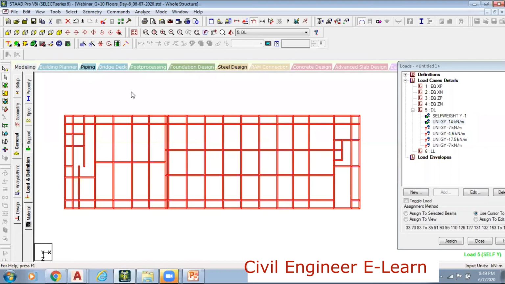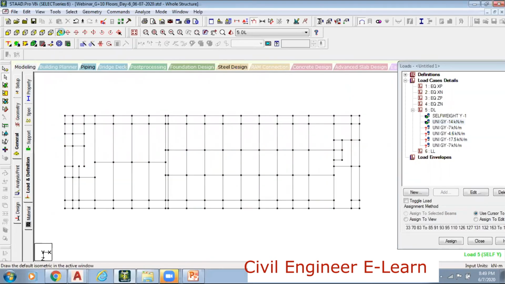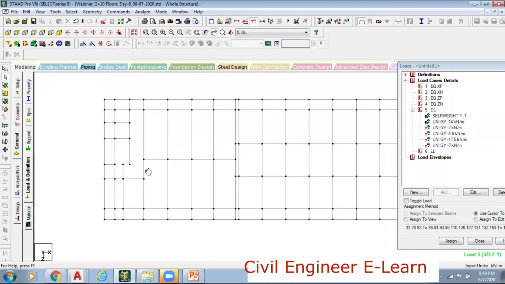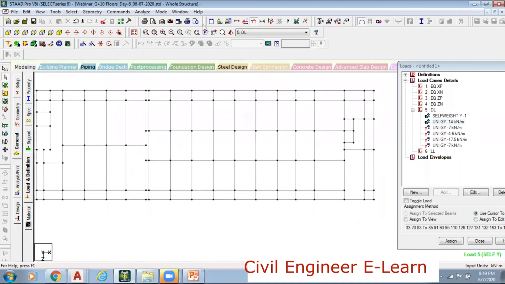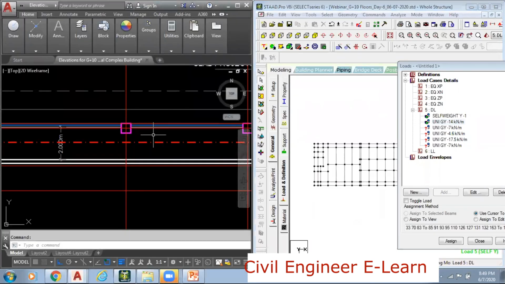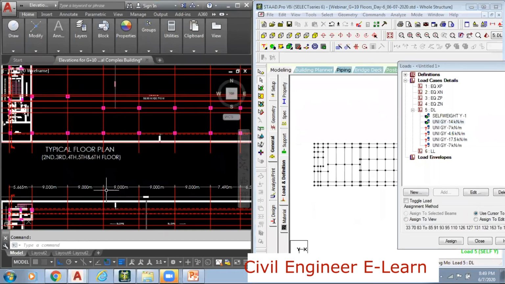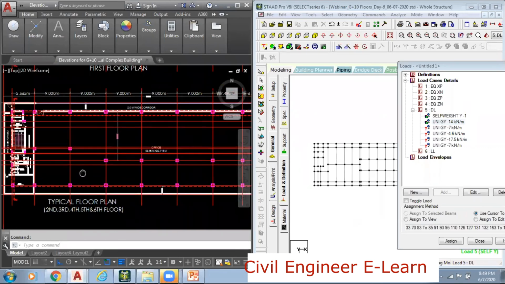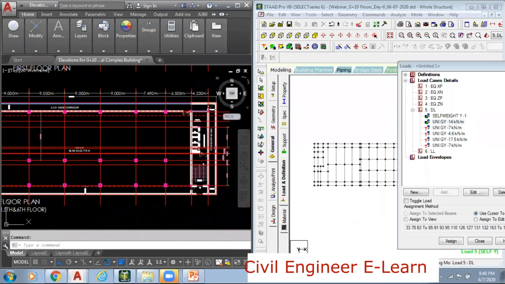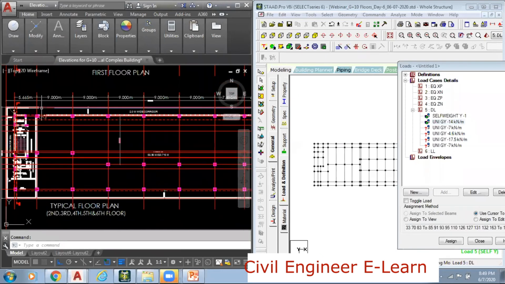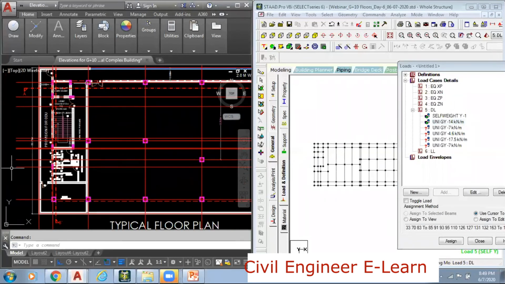I go to this plan view. Let me, yes, of course. I have to assign this. I need to add this property. Let me keep it on the right side. And this is a typical floor. So this is a typical floor, right? So for the typical floor, see, same here. All of these are assigned. All this external, these ones are assigned with the loads.